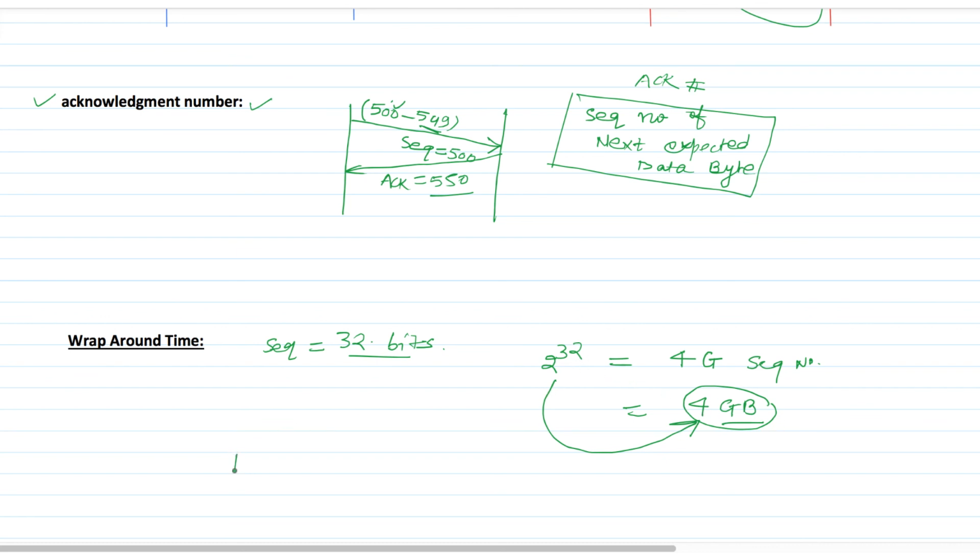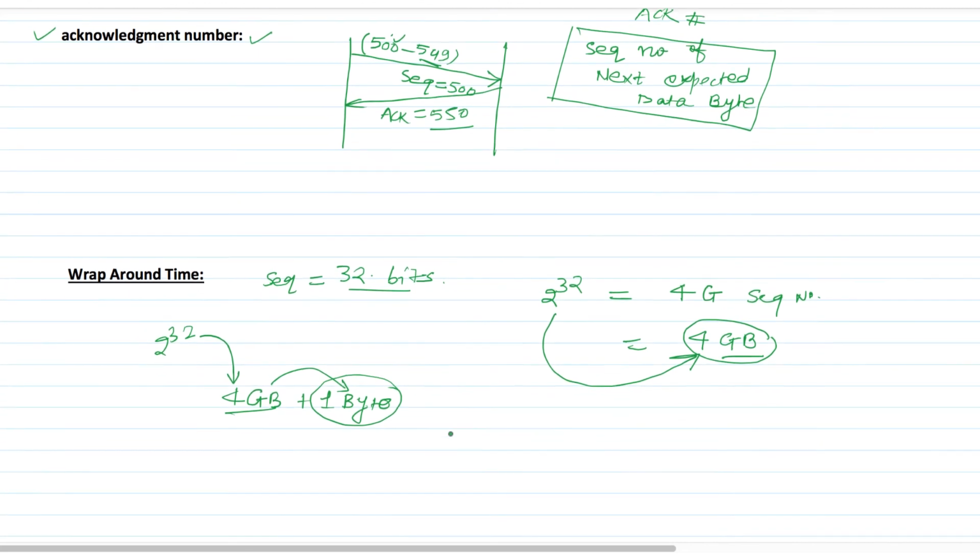In case we have 4 GB plus 1 byte, meaning we have more data bytes than this 4 GB, all 2 to the power 32 sequence numbers will be consumed by the 4 GB of data only. So what sequence number are we going to assign to the next data byte?